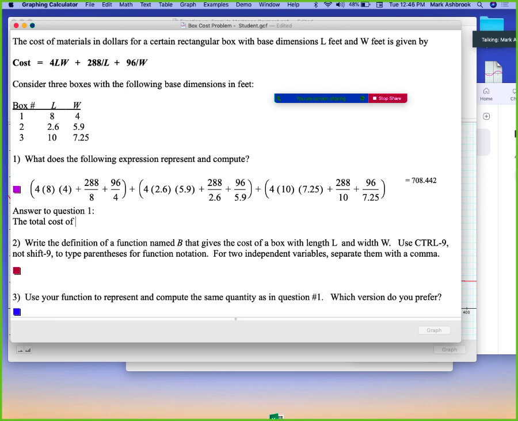So doing what? And how many of each box? So total cost of all three boxes kind of sounds like maybe we're buying them. And how many boxes are we buying? So can we tighten up the, be more specific here? What's that? The cost of materials. Okay, so the total cost of materials